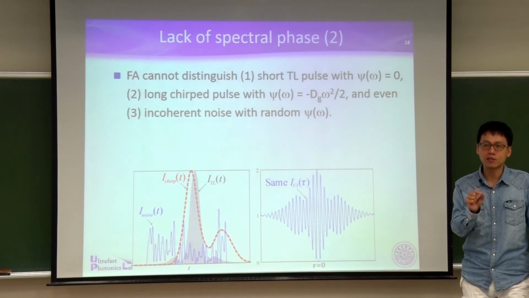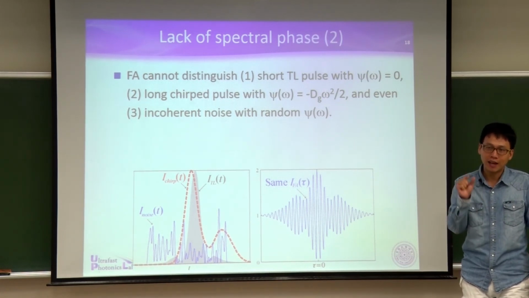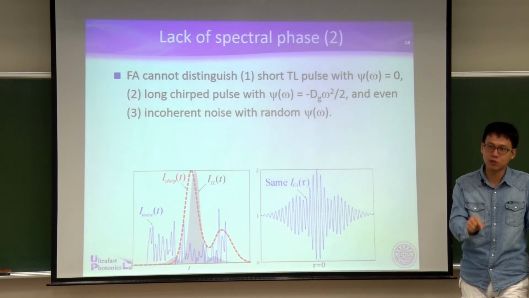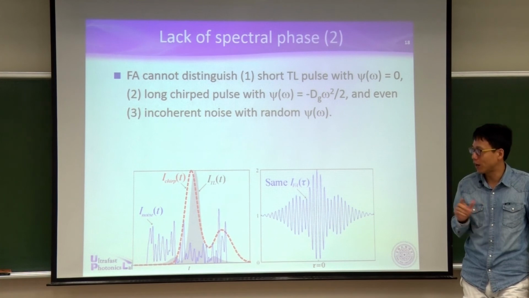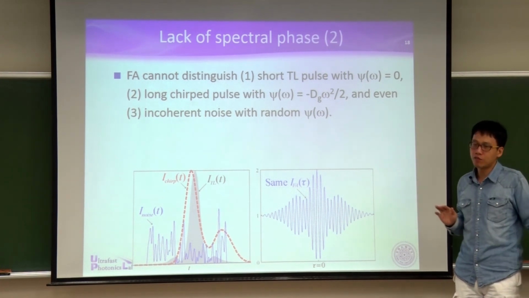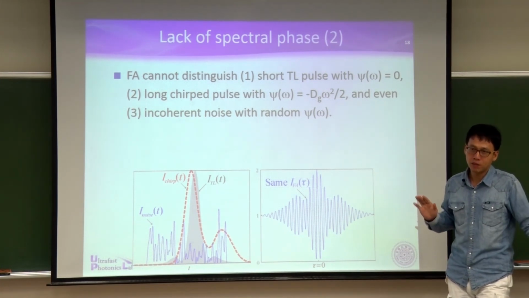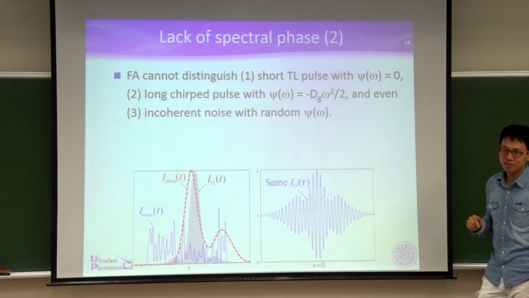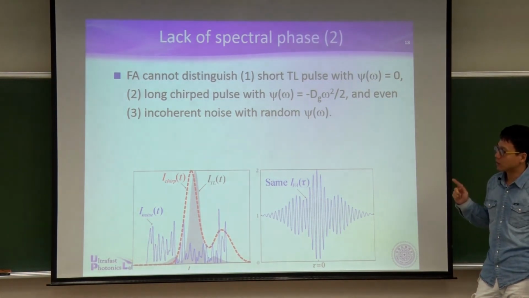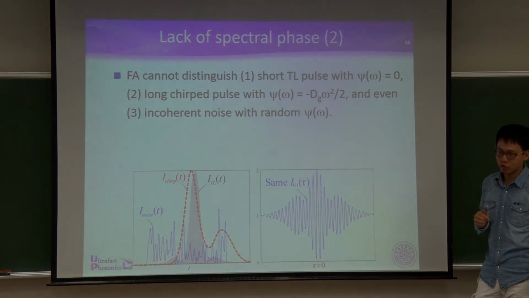Local fringe densities are very different, and their product complex overlap integral could be very small. Okay, so that's why even though their envelopes still overlap, the autocorrelation value could be very small. Can justify why transform limited pulses and chirped pulses give rise to the same